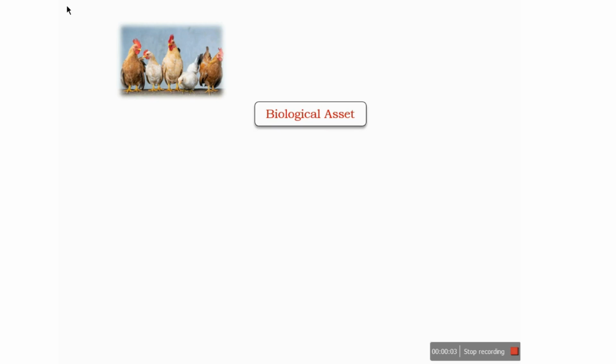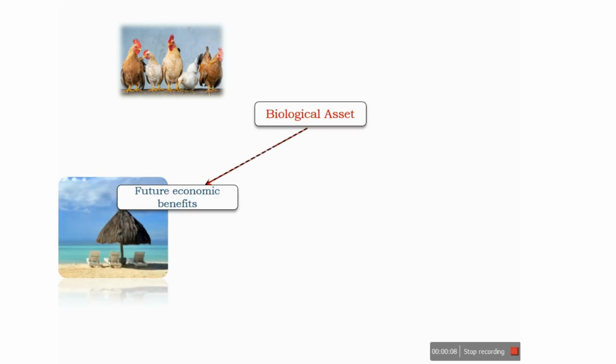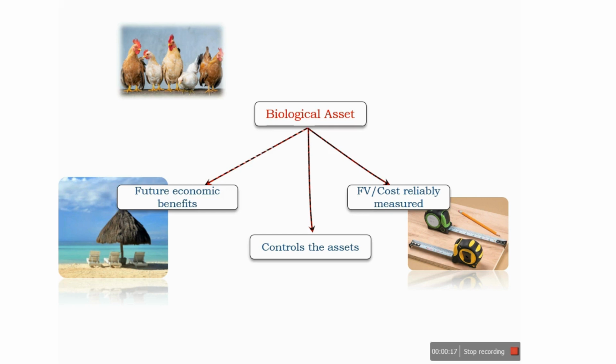Let's discuss the recognition principles for biological assets. There should be future economic benefits flowing to the organization. The organization should be able to control the assets and the cost of the assets can be reliably measured. For assessing the future economic benefits, management may take into consideration the significant physical attributes of the assets. Control on the assets can be achieved by legal ownership of the biological assets or cattle, or marking on the cattle at the time of acquisition or birth.